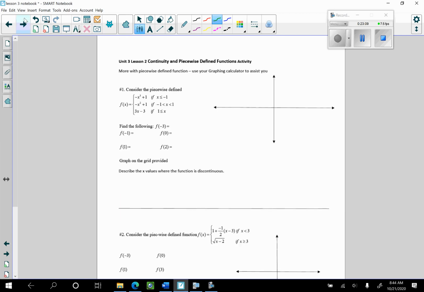What we will do tomorrow, and I have this assignment right here, and what we will do tomorrow